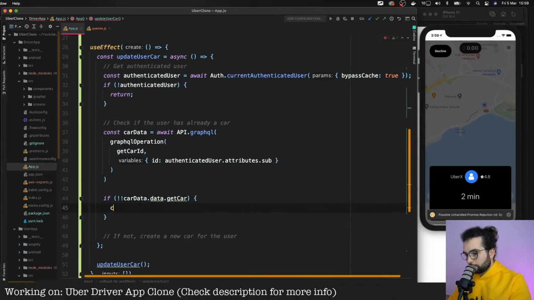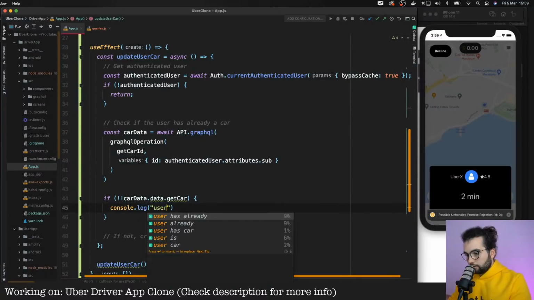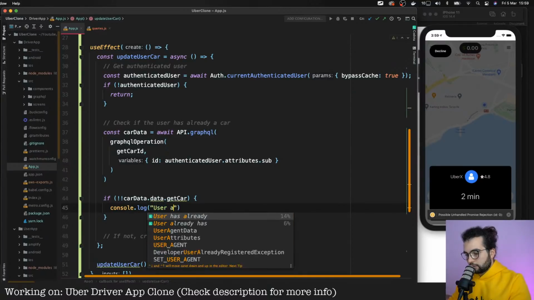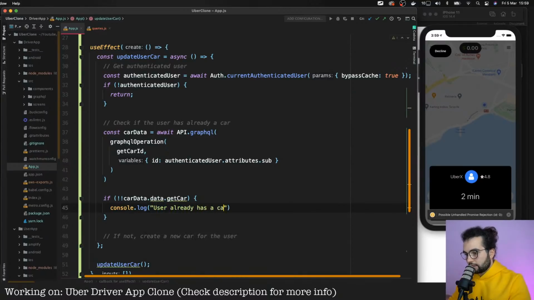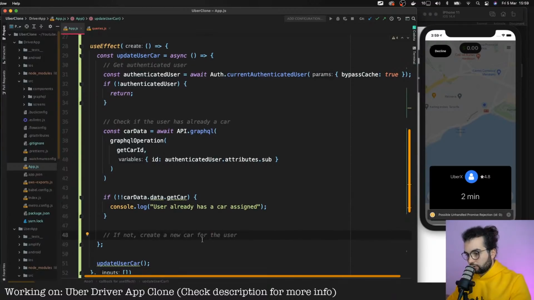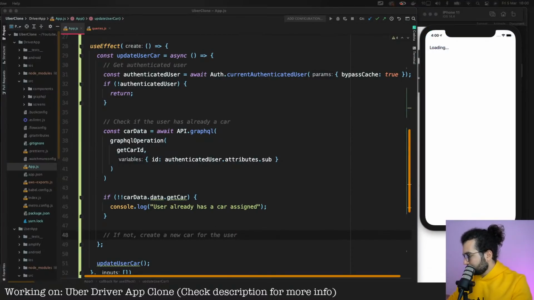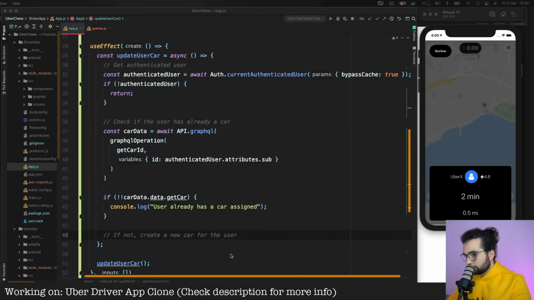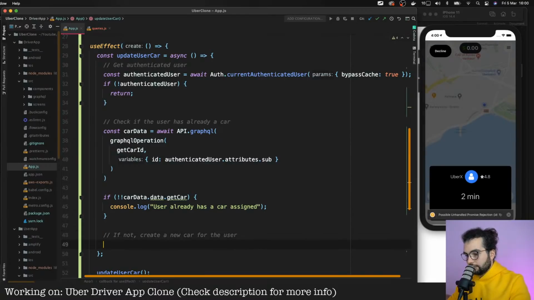If it's not null, we can say console log user already has a car assigned. However, if it's null, we need to create this new car for the user. Let's do it here.